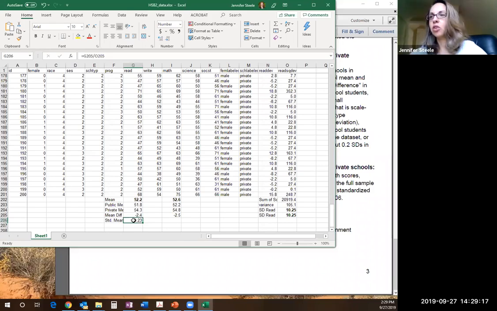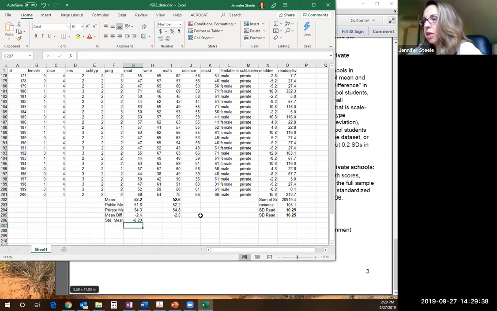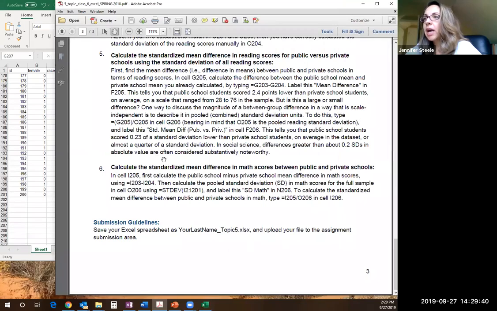You're going to learn later in the course that a difference of a quarter of a standard deviation is, in education terms, a pretty noteworthy difference. It's a notable and meaningful difference. A 1 standard deviation difference in social sciences is very large. So a quarter of a standard deviation is usually considered pretty meaningful. And then finally, step 6 tells us to do the same thing for math that we